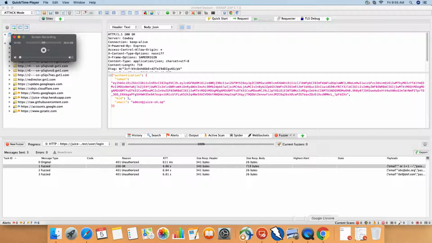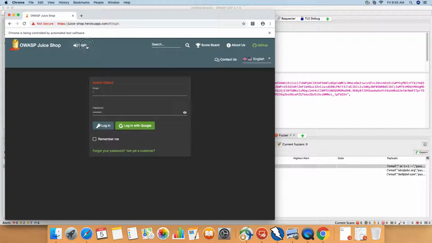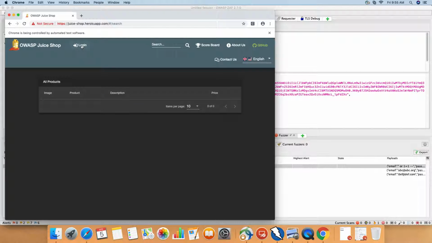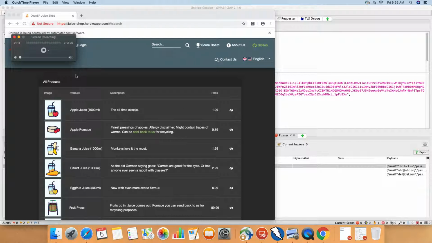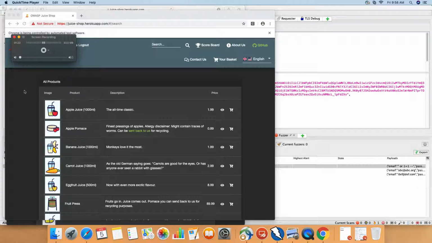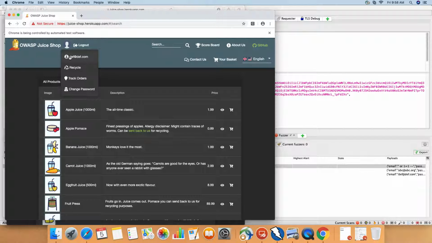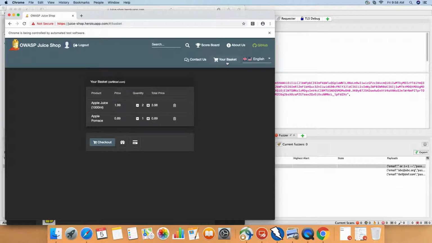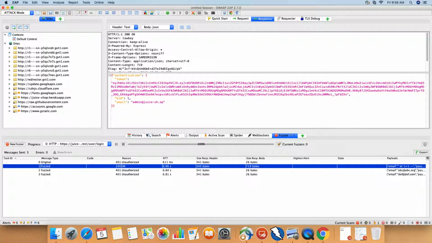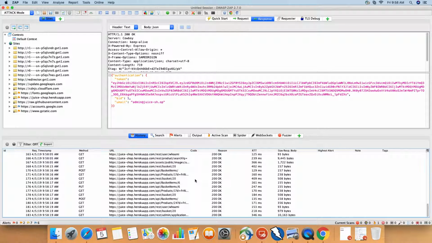The second attack I'm going to carry out is to log in as one of the users and see other users' baskets. So right now I'm logged in as a normal user, def@def.com. I'm going to add some products to my basket. I'm going to go to the basket, and at the back what's happening is OWASP is recording all the